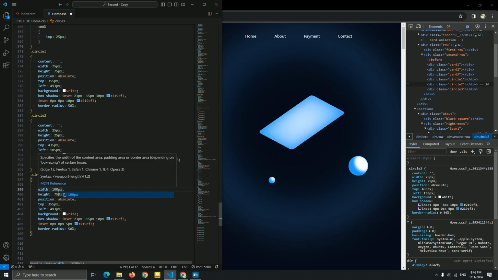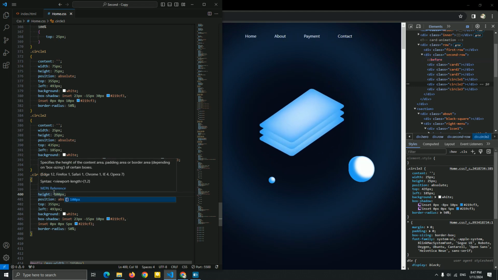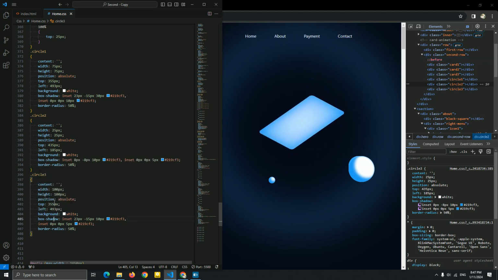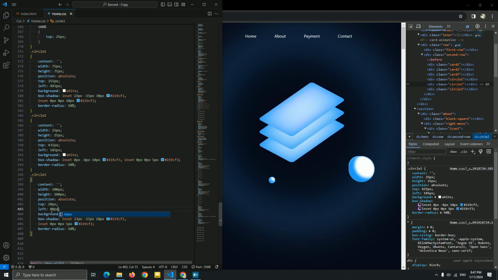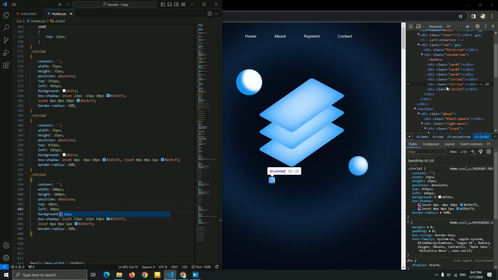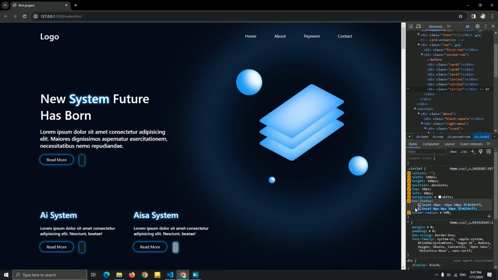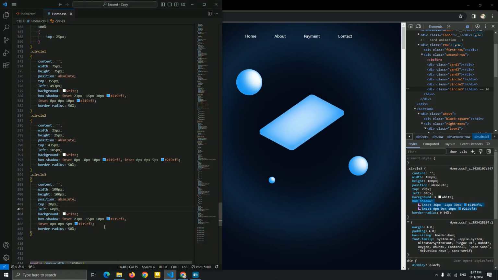I'm gonna add width 100 pixel, height 100 pixel to just become a big, and for this top and the left 60 pixel. Okay. Yep. Now let me just change a setting of this box shadow for this circle 3. Let me just see it. Now it's better for this box shadow, guys.